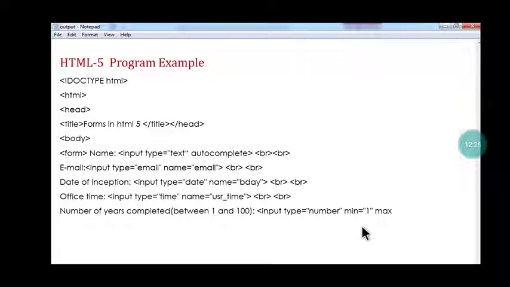Minimum attribute I use to type minimum number 1, and maximum attribute I have given 100 number over here, means 1 to 100. This range is given to type 1 to 100. Minimum number 1 you can type, maximum 100. In between this number you can type any number. Next,